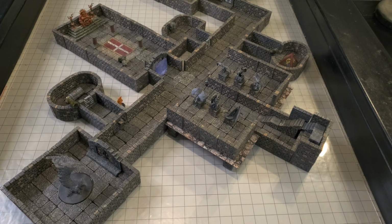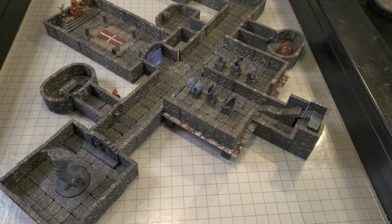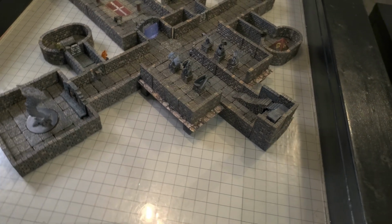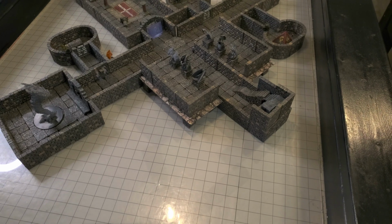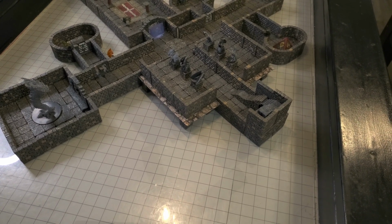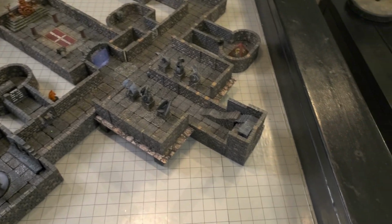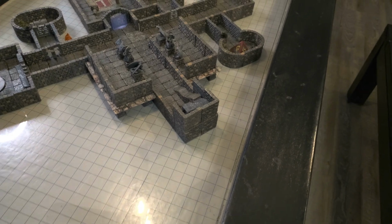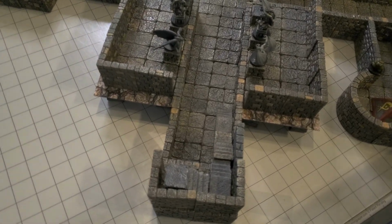And the party is fairly certain they know how to follow the map to get to this level where this sarcophagus is. And then supposedly that gives them access to two other levels, actually. One level of dungeon and one level of cavern, and that level of cavern will take them even deeper into the mountain. So the party has found their way to the top of these steps, which lead down, and this